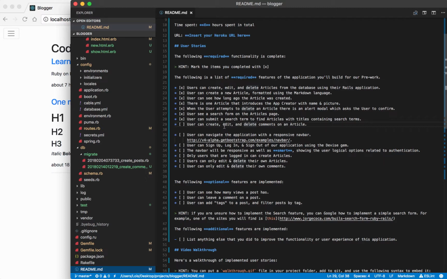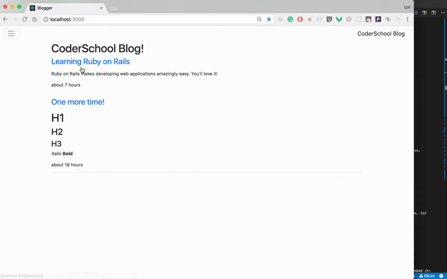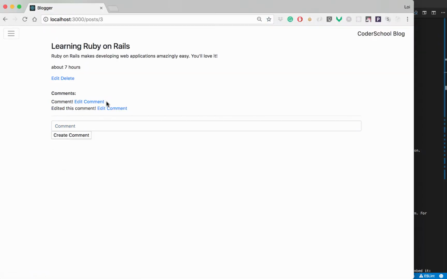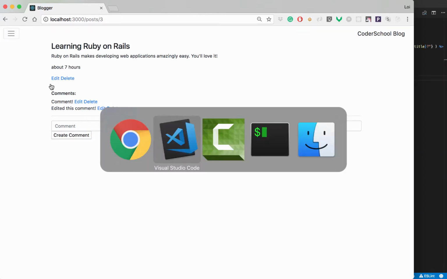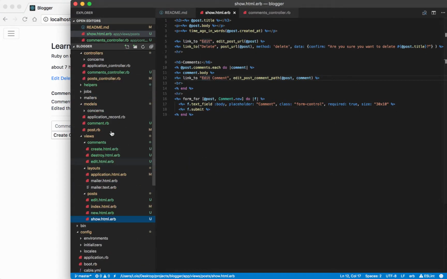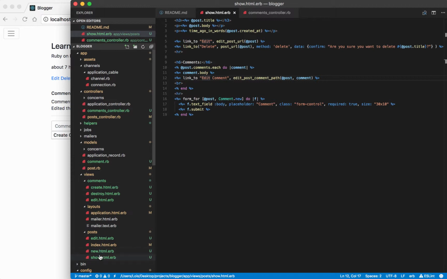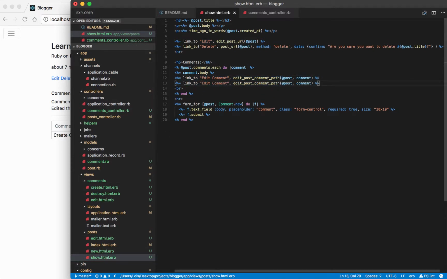Okay guys, in the last section we finished editing and creating comments. Now we're going to allow users to delete comments. I'm going to go ahead and add the delete button right here. Open up our show page for our posts. Oh, we're already here. We'll copy this link, change this one to delete, and I'll go ahead and delete